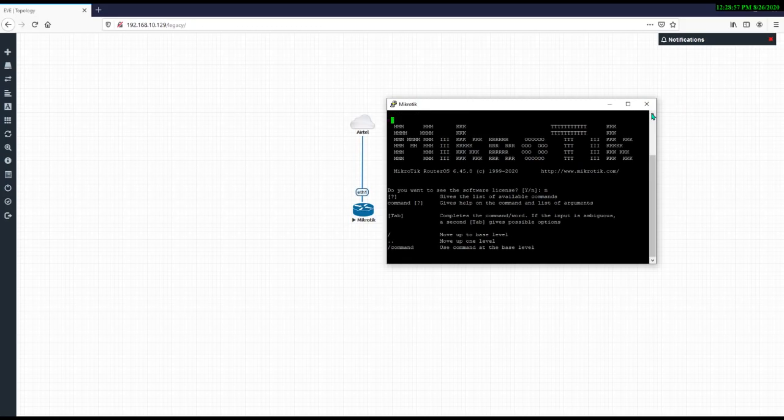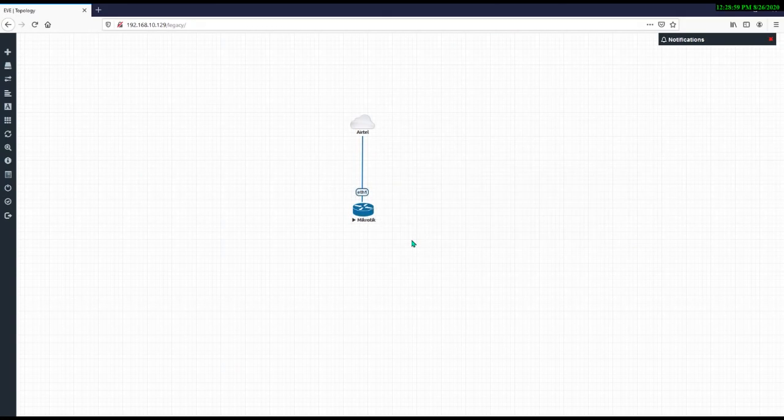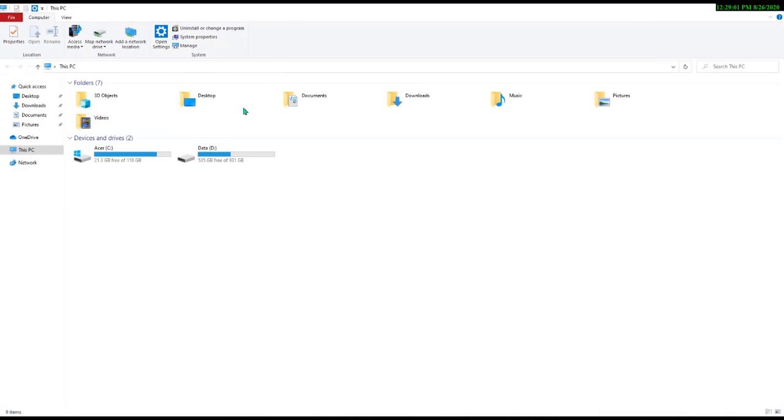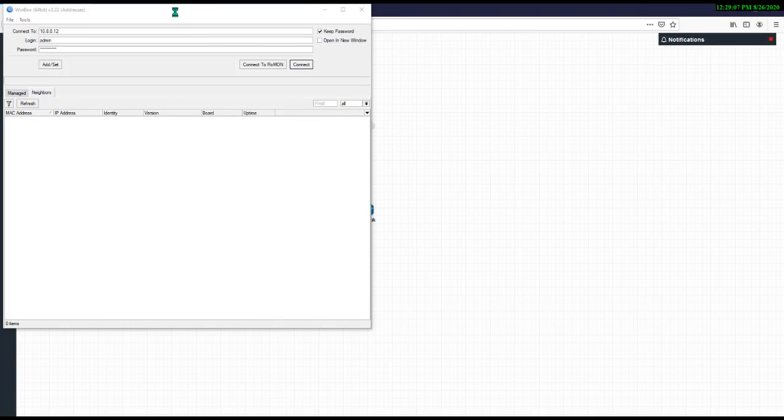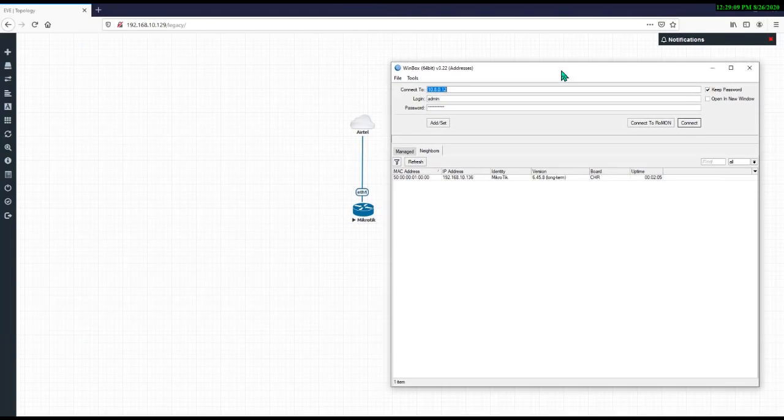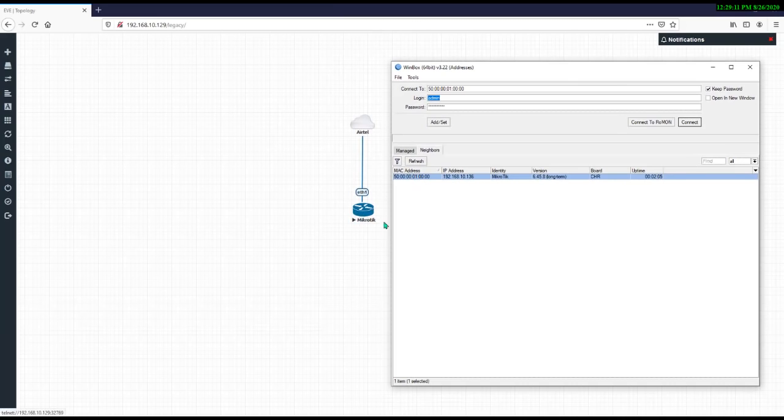So let's log in on my Winbox. Here is the Winbox. You can see this MikroTik is coming up in my Winbox. Just cancel it and connect.